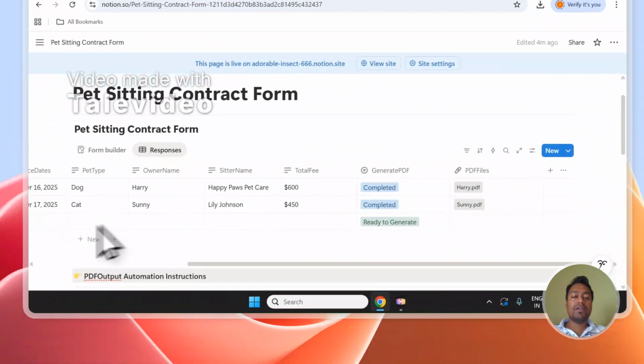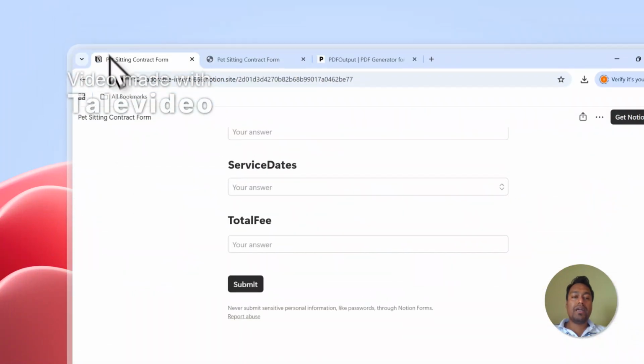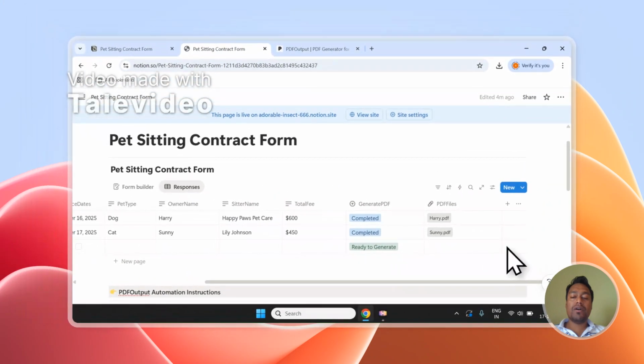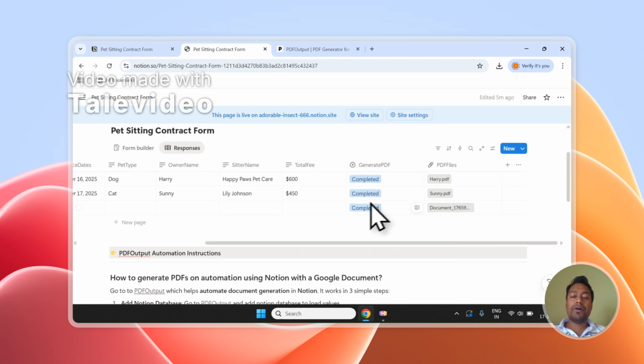But essentially, whenever a user clicks on submit and a new entry appears in the database, simply set it as ready to generate. The PDF will automatically be created inside the database. As you can see, it started processing this document, and soon the PDF will be available in the database over here. This is how powerful PDF output